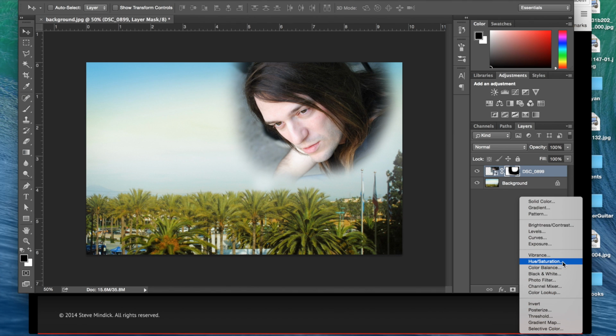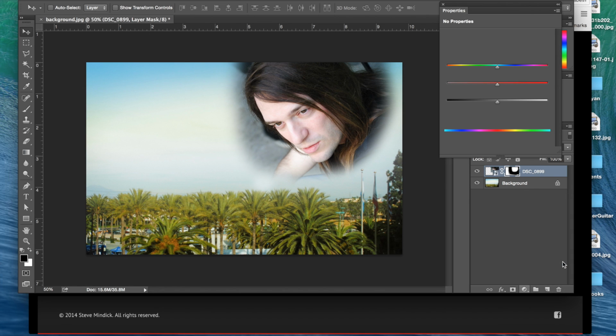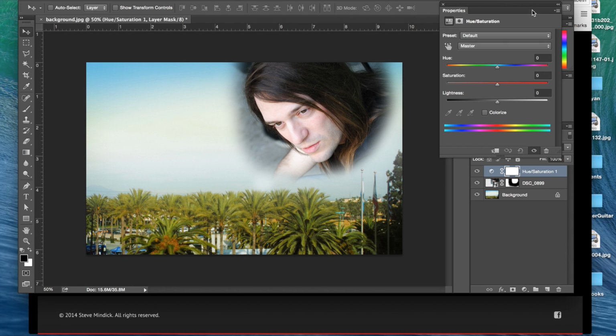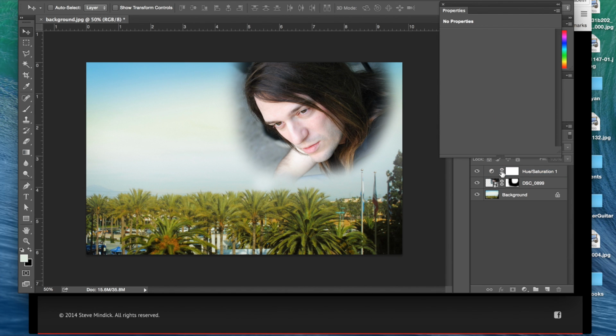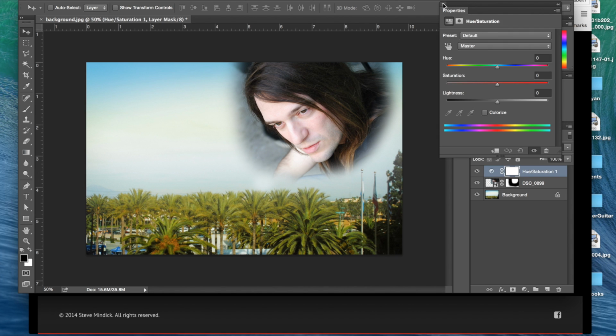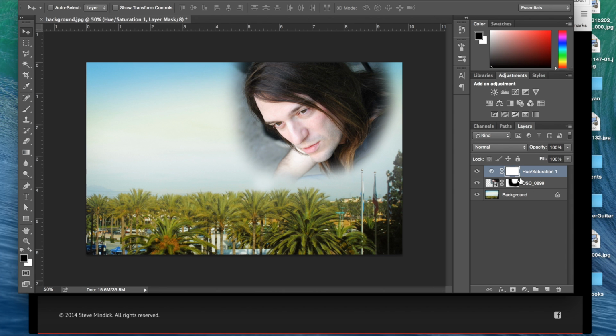Choose hue and saturation. Notice you get a new layer in your layers panel. You want to make sure that you're only adjusting this one particular image up here. To do that, click Option,